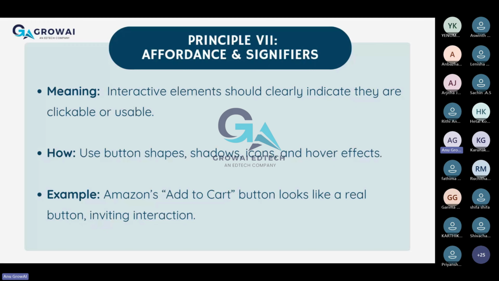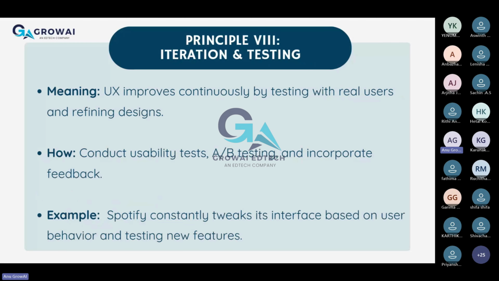You're practicing this principle. Okay, coming to the next principle, that is iteration and testing. We know what is meant by iteration and testing already; we have seen it in usability testing, right? Whatever UX we are doing, in order to improve our UX at every step, we have to iterate the process. That is the testing. We have to test it again and again, because the first time may perform very well, but when we do it a second or third time, we may get some lag. That is the main reason for us to